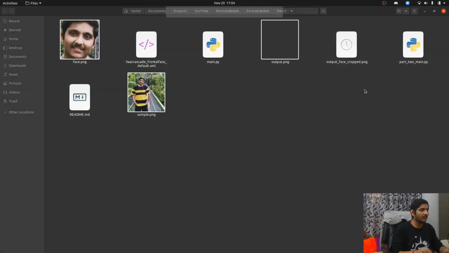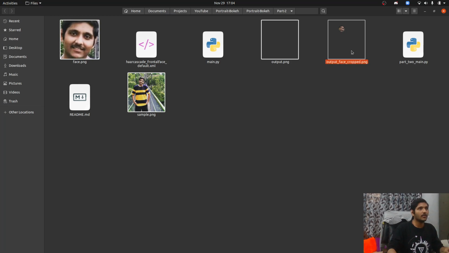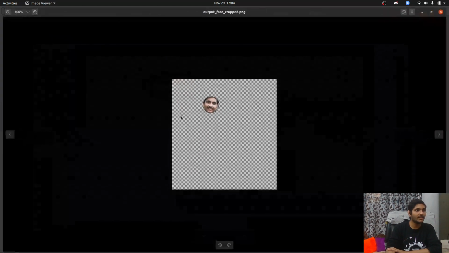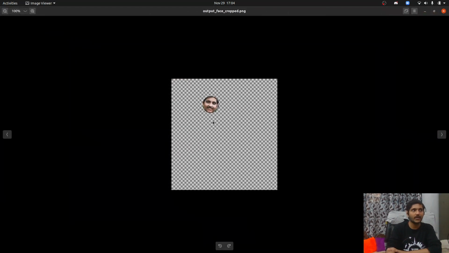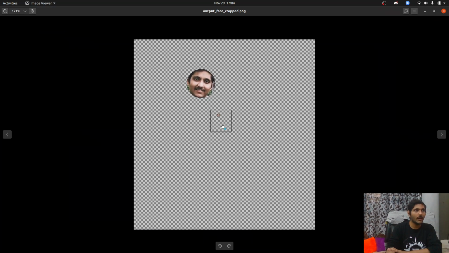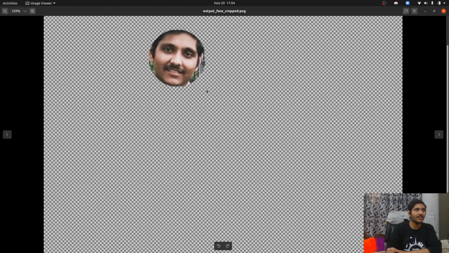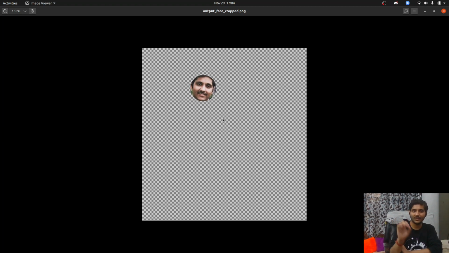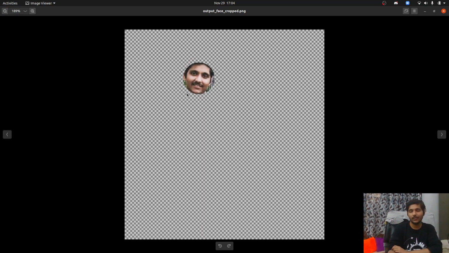So I'm going to do xdg-open and alright, guys. I'm damn sure you see the output now. This is a cropped circle here. You can see that this has been cropped and everything else is transparent except the face. I'm sure that many of you realize that this is not actually a circle if you keep zooming in. But if you see from outside, because that's what matters, right? Nobody will zoom in on the picture in this way. So this will still be a circle, right? And we have cropped a circle out of it, right?